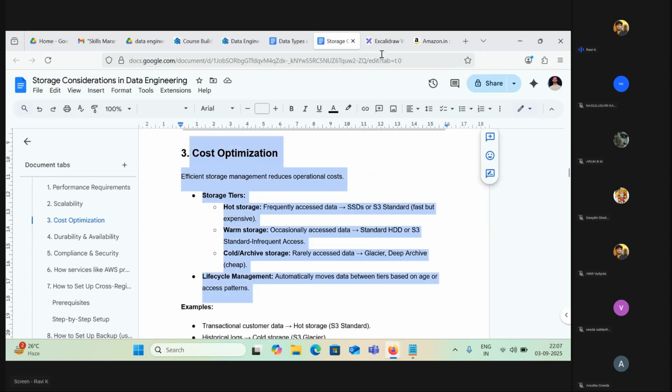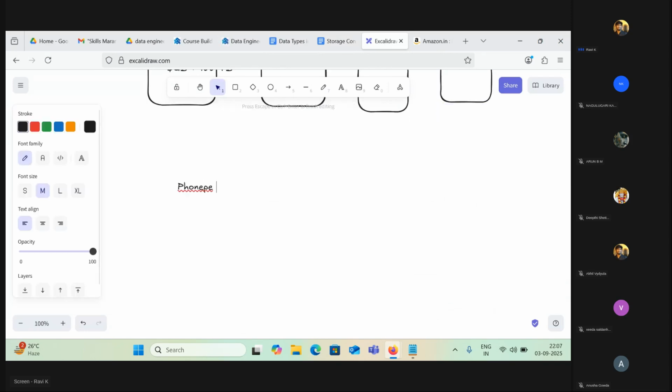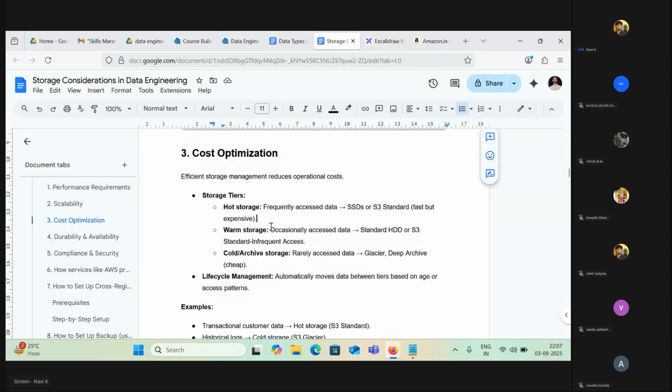Yesterday, if you remember, I was speaking about a PhonePe example, PhonePe transactions. Imagine whenever you want to see your last 10 transactions, it will give you very fast. But if you try to see your last 1 year of transactions, it will take some time, definitely. Why? Because PhonePe won't keep all your transactions in the hot storage. Hot storage is for frequently accessed data. Frequently accessed means every day you are going to check your 10 transactions. There is a high possibility, right?